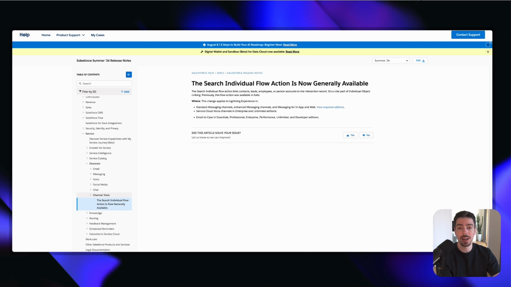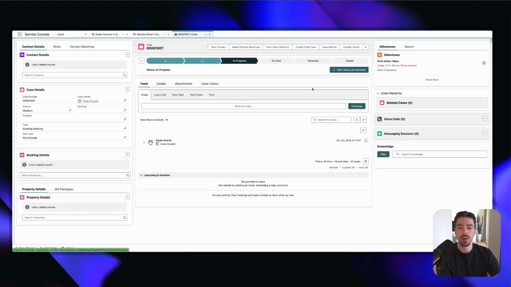But with that out of the way, I kind of want to jump straight into the Salesforce business use case and then show you what that flow looks like. So let's get started. So here we are in a Salesforce environment, and I am just looking at a case